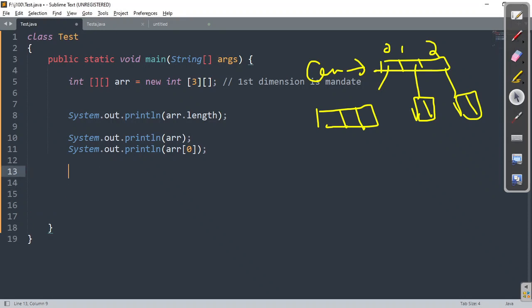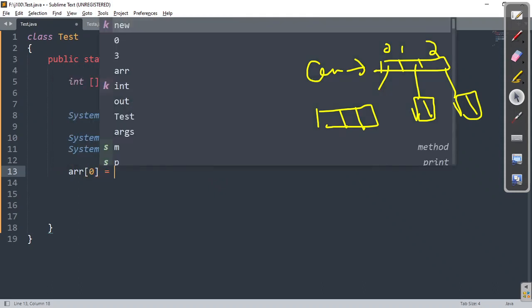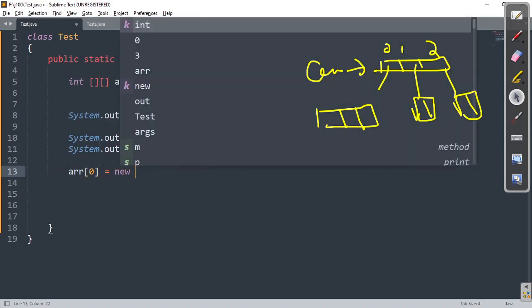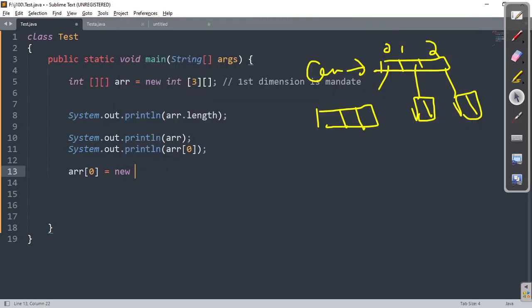See, I can write ARR of 0 equals new int. How many cells do I require? I require 3. Now, similarly, ARR of 1, how many cells do I require? 2. Int followed by 2.